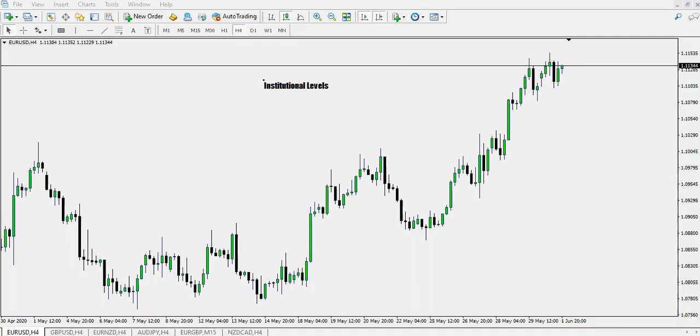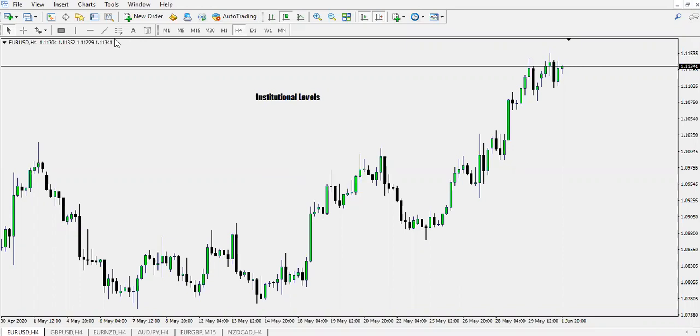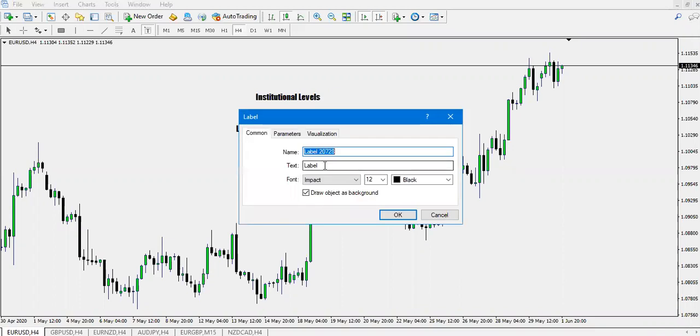In this video, I'm going to show you the institutional levels. So what do I mean by that? Well, basically, there's institutional price levels. Retail teaches you one thing and institutional levels are another. You may or may not know this, but to build upon it, I'm going to show you the institutional